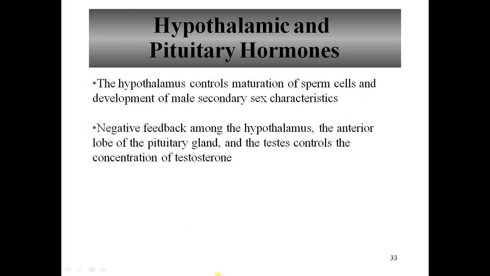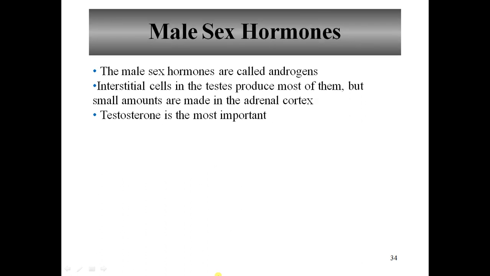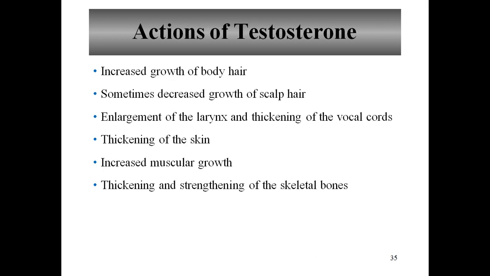Now we will come to the next, male sex hormones. You have heard about androgenic characteristics. Androgens are male sex hormones and are produced by interstitial cells. The most abundant androgen is testosterone. Dihydrotestosterone is another androgen and stimulates the cells of the prostate gland, seminal vesicle and male external accessory organs.